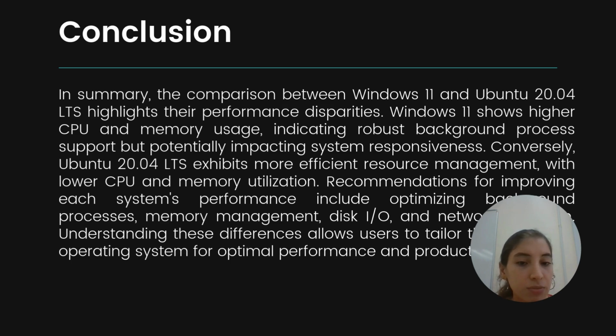Recommendations for improvement for each system's performance include optimizing background processes, memory management, and disk input-output, and also understanding network utilization. Understanding these differences allows users to tailor their choice of operating system for optimal performance and productivity. So from the entire video, as you can see, there are so many performance metrics, and